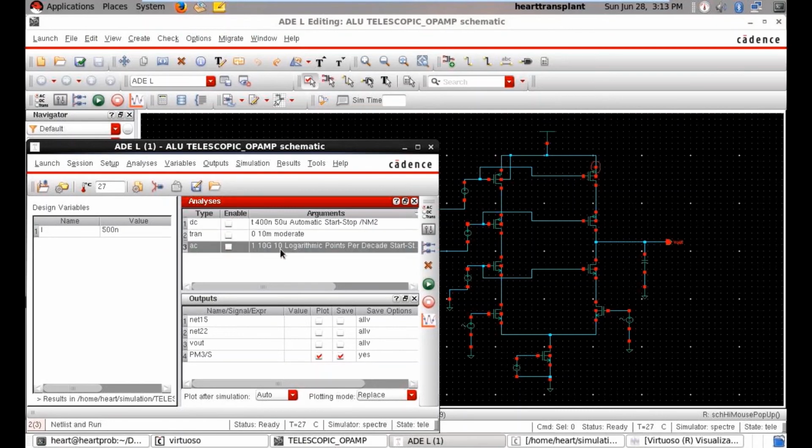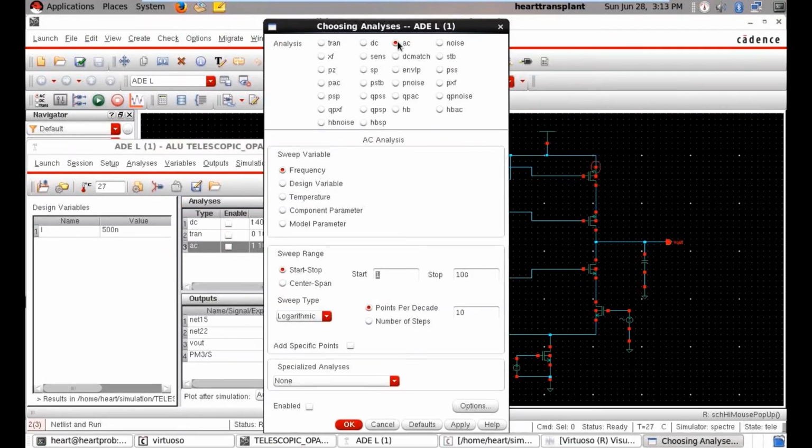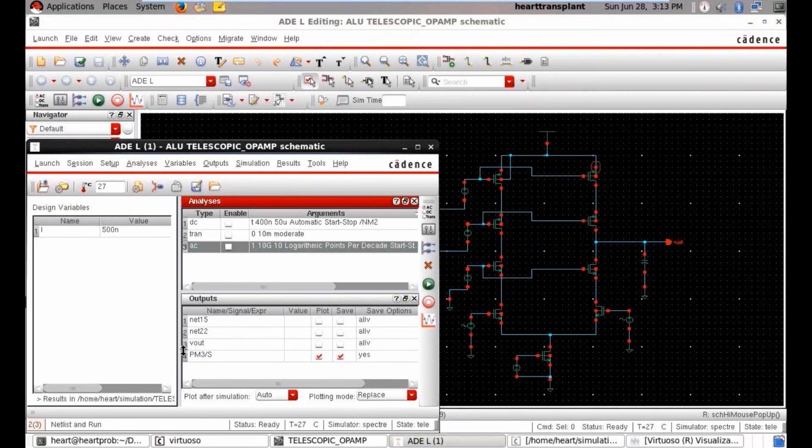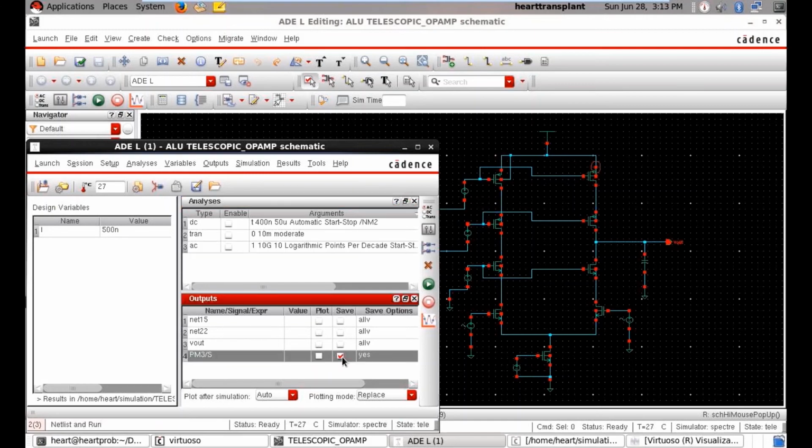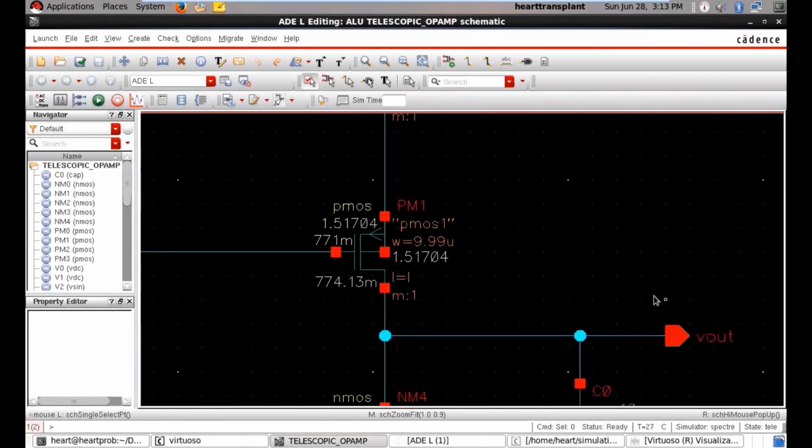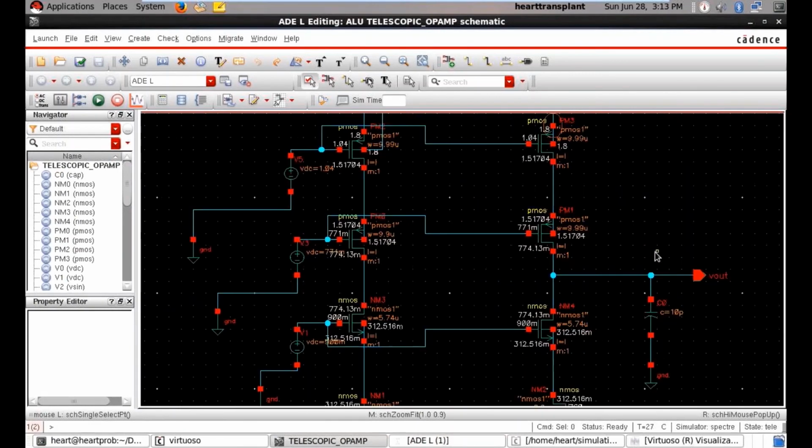Next is AC analysis. I'll sweep the variable for frequency. I'll start from 1 to 10 giga, logarithmic, 10 points per decade, and I'll choose Vout, selecting the wire Vout, a net.